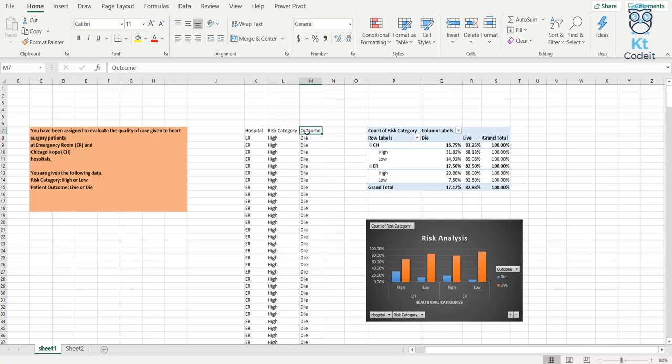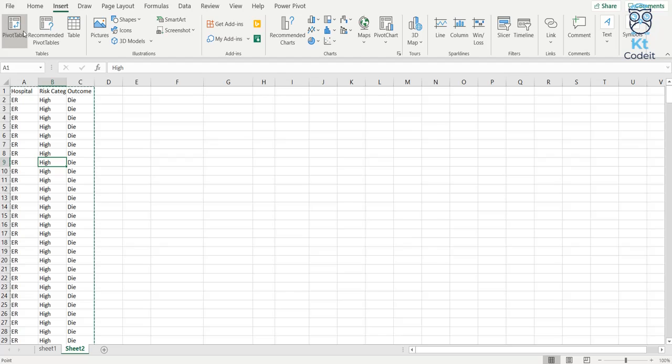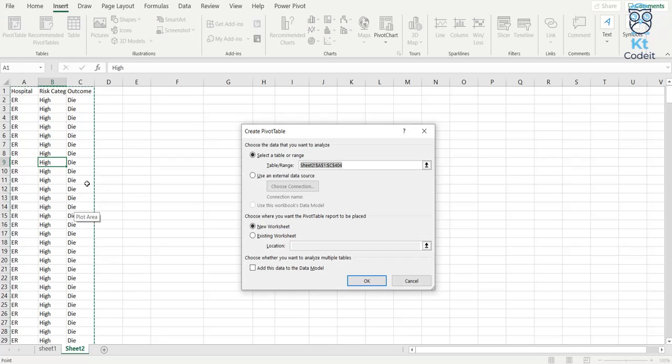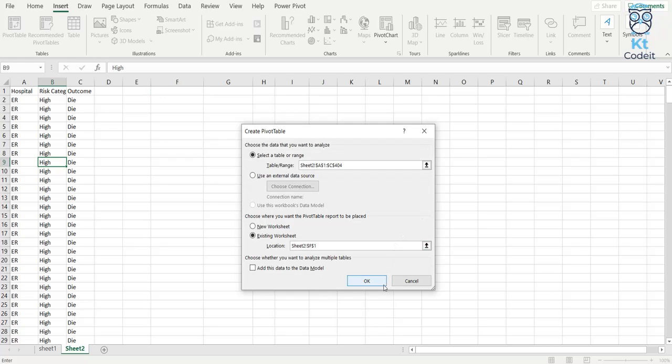I'll show you how to do it from scratch. So let's move on to the next sheet, and I'll put my cursor anywhere inside this data set and do insert pivot table, and you'll see Excel will automatically select this whole data. I don't need to do it manually. As you can see, it has already selected the whole data series. And now I want my pivot table to be on this existing worksheet, so I have chosen existing worksheet. And now I'm choosing the location where I want to keep my pivot table. So I'll just click on that cell and then it's done.